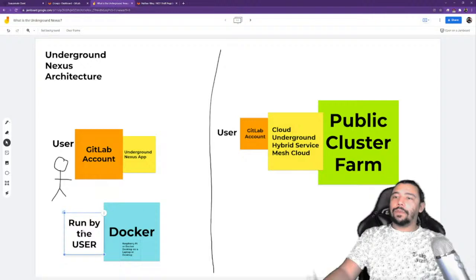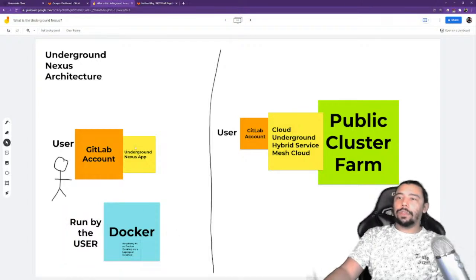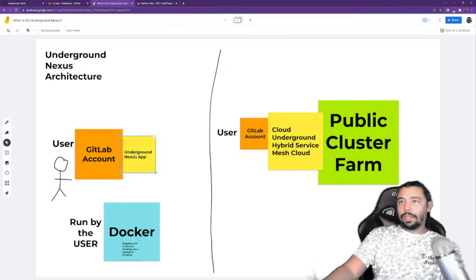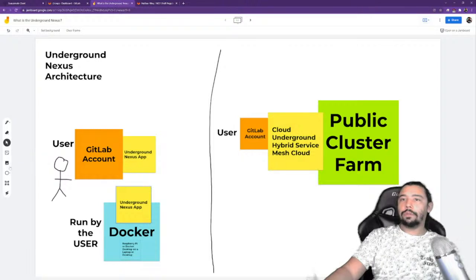So on the left, we have an example of the architecture, like when the user's using things, you can take the Underground Nexus app that you get from GitLab, and then you just install it into Docker from GitLab. You just pull it on down, basically.